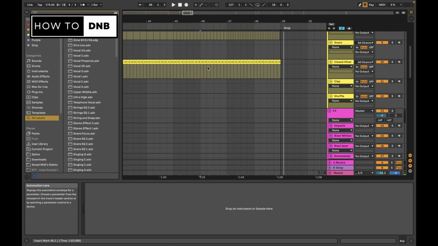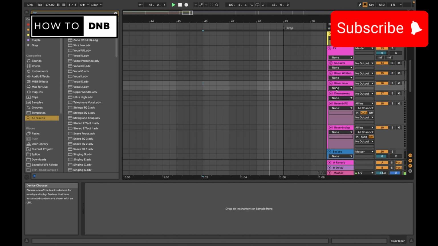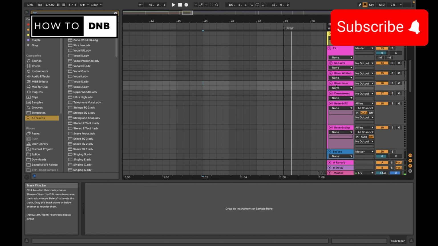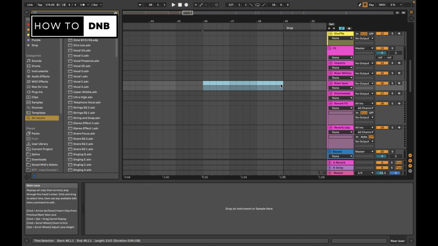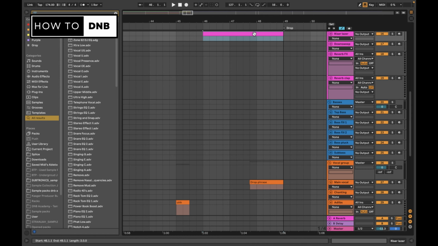So let's head over to the effects section, and let's say, well, this is not particularly a white noise riser. I don't really know what to call this, so let's just put it under one of the riser things. It is just a particular type of riser. So let's create a MIDI clip here, and let's call it, I don't know, windy riser, because that's kind of what it sounds like.